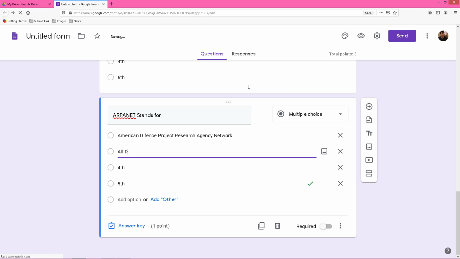All defense private research agency net.